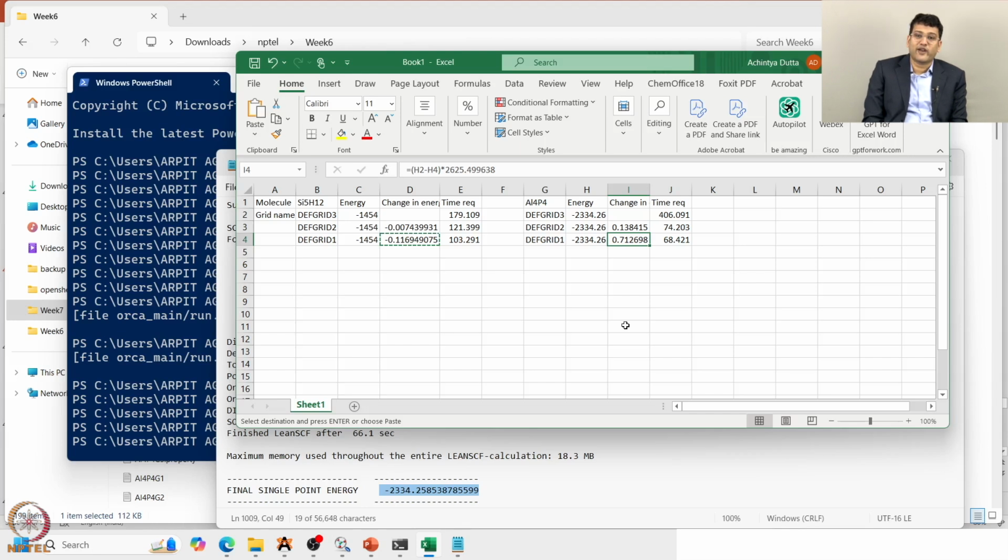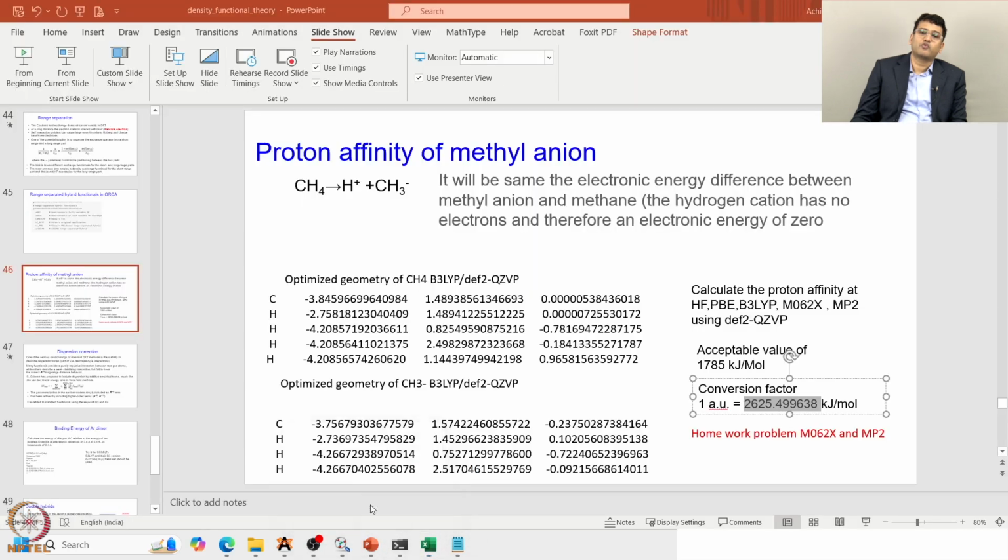If your molecule is quite big, then the geometries can be problematic, and especially if you are dealing with cases where the electron density is away from the nuclear framework. For example, if you are dealing with anions, you should be very careful about the default grid setting. So, this is what we wanted to discuss about the